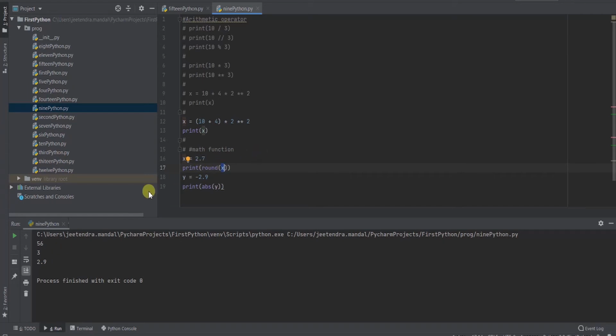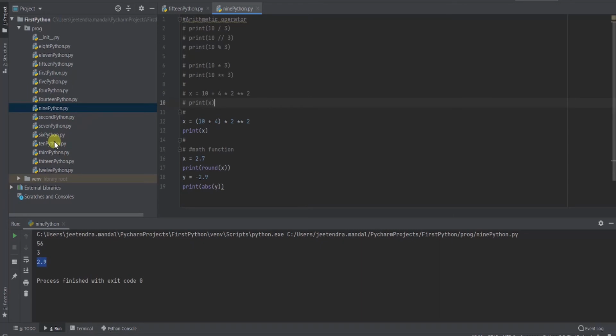If it is less than 2.5, it will give you 2. And then the absolute value: if you want the absolute value of something, it will always give you the positive part of it. So for minus 2.9, the abs function gives you 2.9, the positive value. So here we learned the arithmetic operators, plus, minus, and how the operator precedence works.